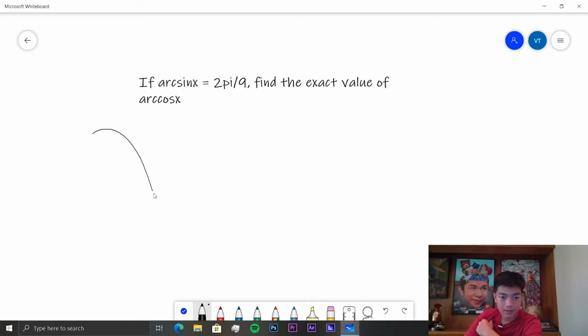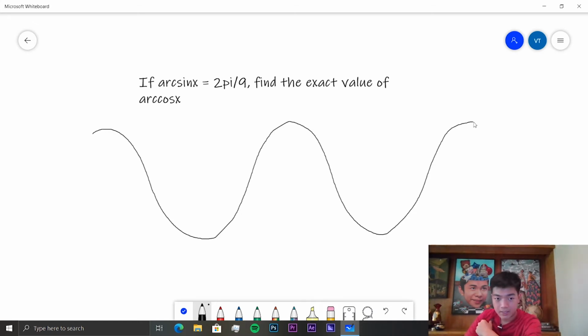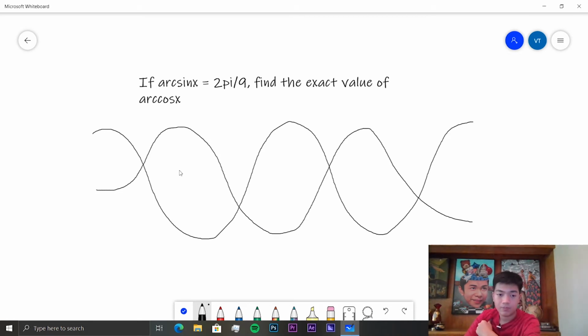if we plot these two functions against each other, arc cosine and arc sine, so I mean sine and cosine, if they're saying arc sine x is equal to 2 pi over 9, in other words, we need to rotate this vertically, or it's sort of saying y is equal to where x on the sine graph is equal to 2 pi over 9. We need to find the equivalent cosine value. So if 2 pi over 9 is, say, here,